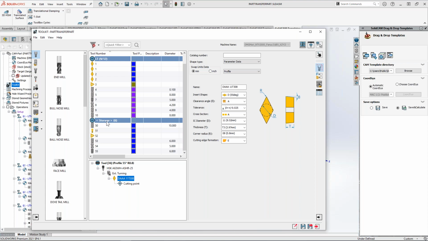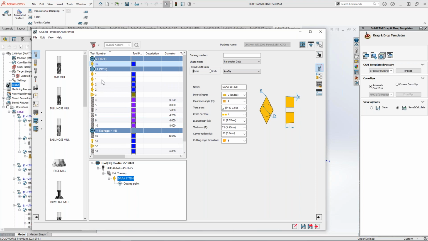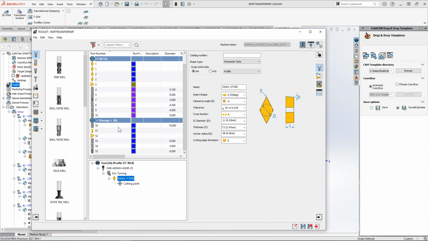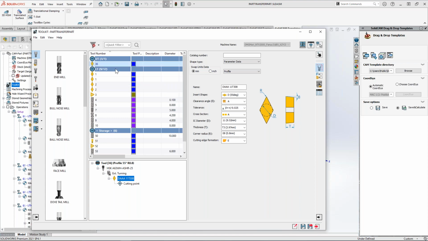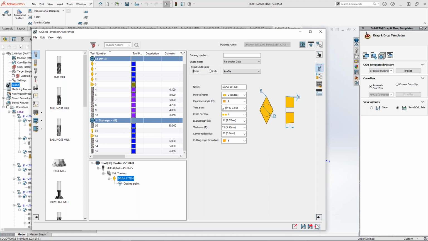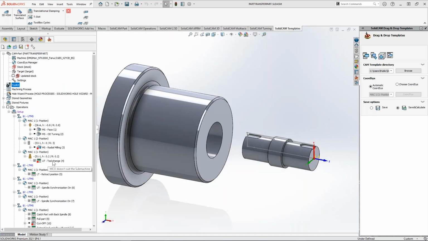Okay, so you need to understand the storage. It's just like a folder where you can throw all your tools, but they can't be used in your project until you assign them to a particular turret, if it's a linear or a revolver. If it's the spindle type, then you need to put them into a magazine. So this is the first problem that you will face. So how to fix that? The easiest way is to